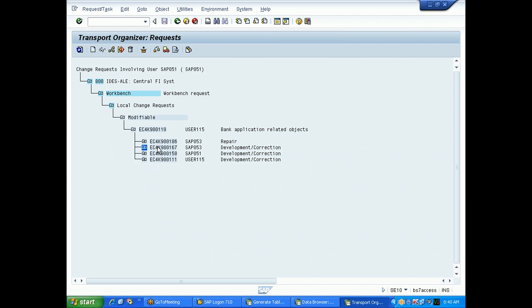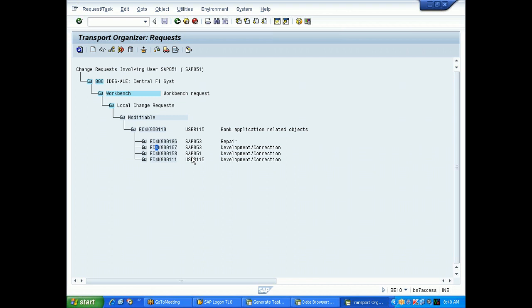Next time, he will click on this and click on the transport button. Then all the programs and tables which were stored in this will be transported to the quality. Clear? The concept is you can transport any program or table from development to quality via transport request.